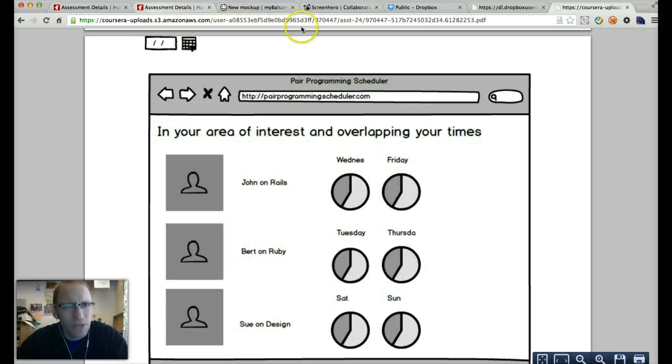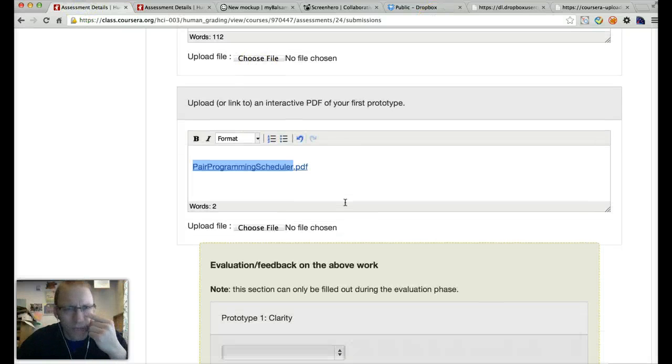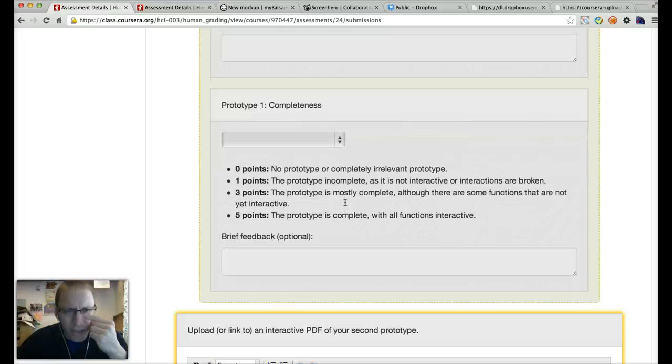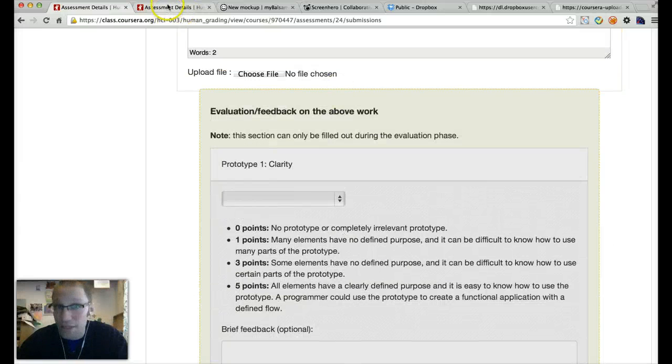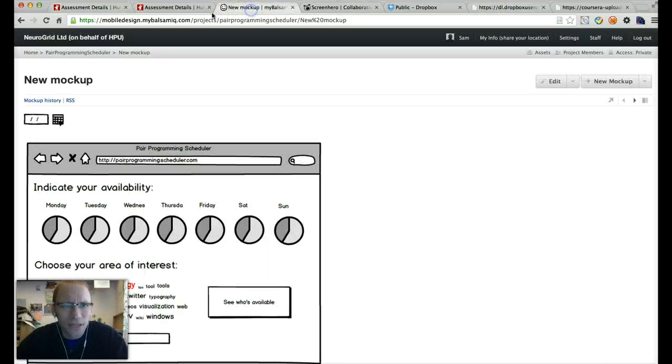So that's my first one. And I was going to try and do, partly because you might not necessarily be familiar with Balsamic, a second one quickly before your eyes. Let's see if I can do it before the kids wake up. So I've got my mock-up environment. If I was sticking to the letter of the assignment, I would have two different versions of this pair programming